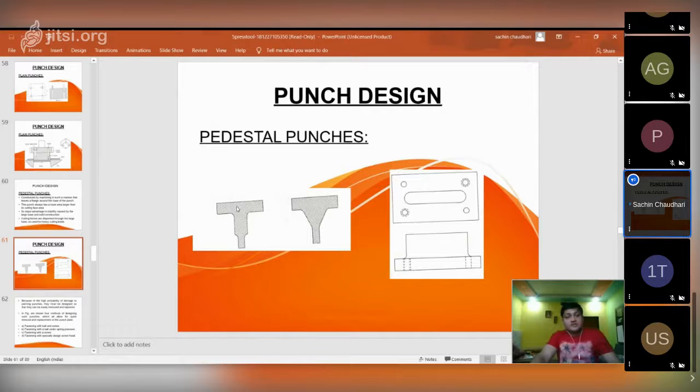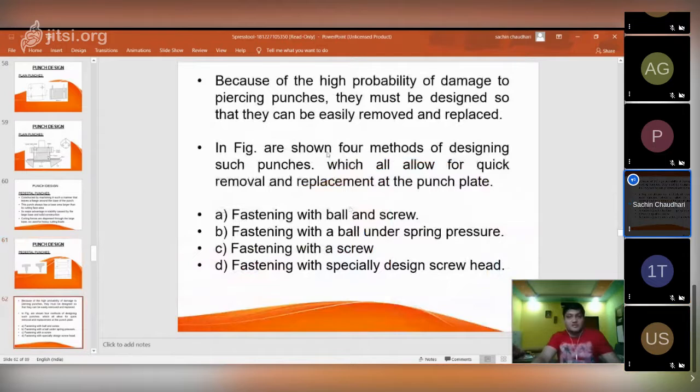In this way, this is a flange, and this is a cutting area which is smaller than this flange. This is another type of punch shown. This is the cross section of this. So this is a screw, guys, and these are the dowels which are diagonally placed. So these are pedestal punches.